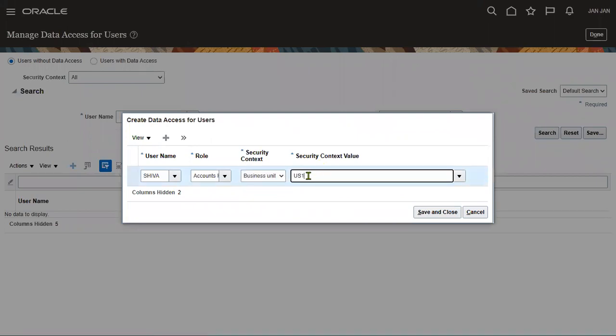What is that branch name? US1. This is testing data, US1 legal entity, US1 BU, which Oracle has provided for testing purposes,